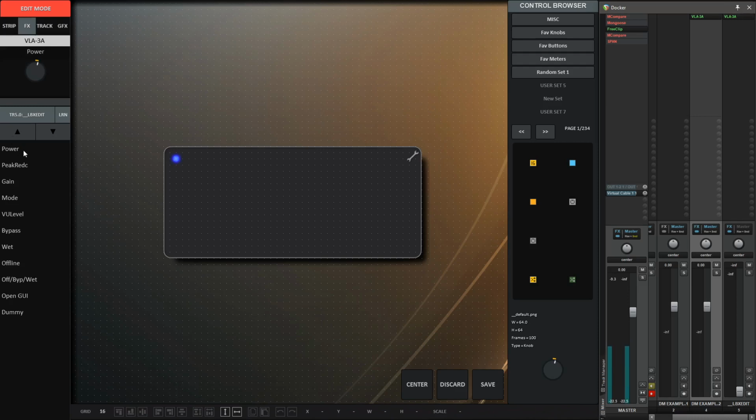Down on the left hand side, this is all the same. It's been in Stripper since day one pretty much. You've got your FX parameters that you can drag in. So for this, well, actually,